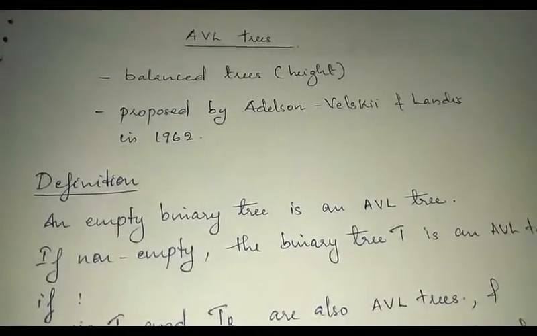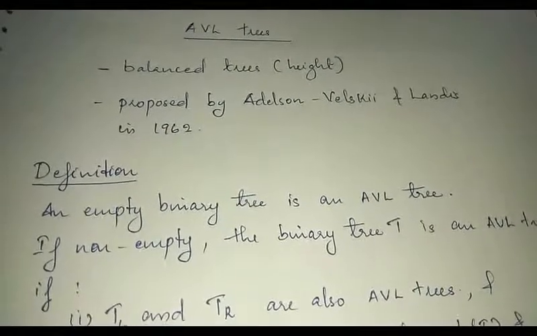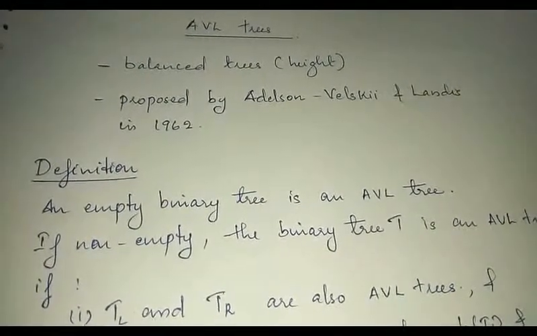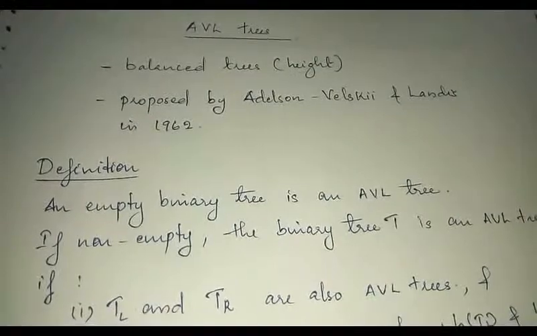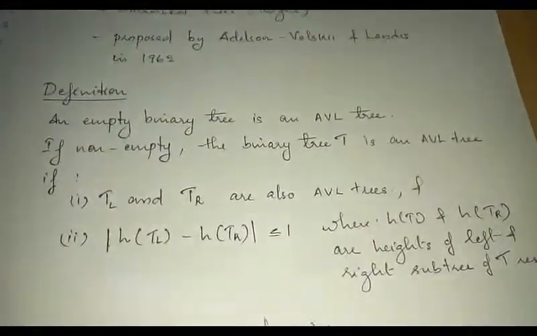AVL trees. An AVL tree is a balanced tree, a height balanced tree. It was proposed by Adelson-Velsky and Landis in 1962. The definition of an AVL tree is: